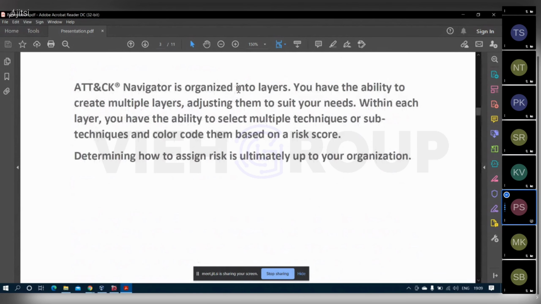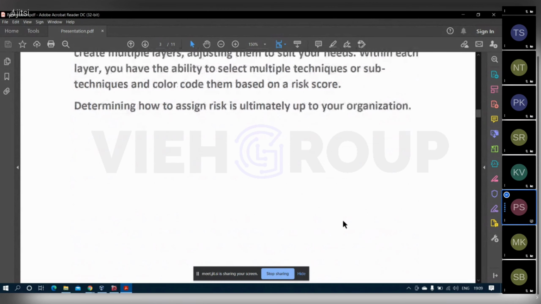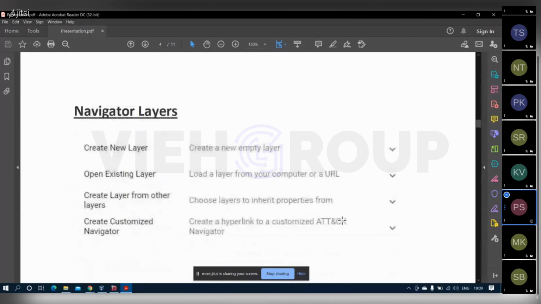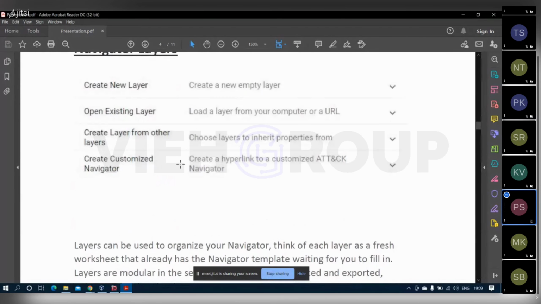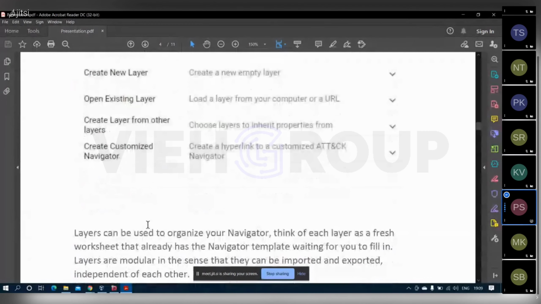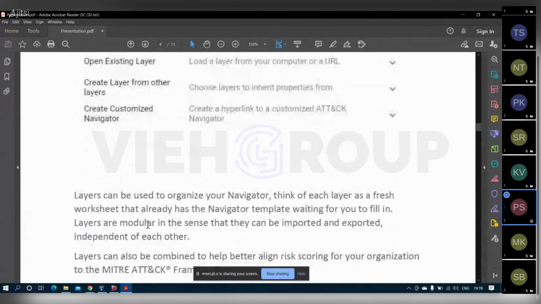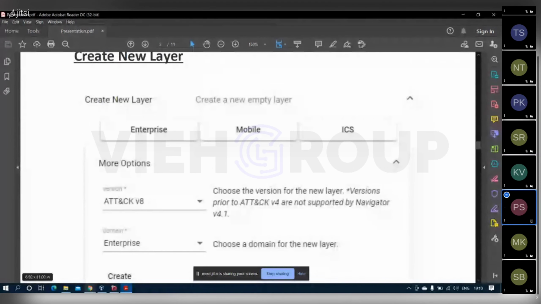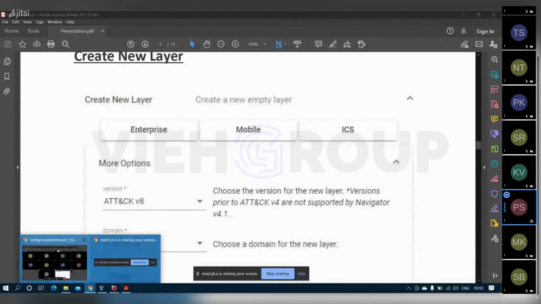And ATT&CK Navigator is organized into layers. My teammate also shared this information with you earlier, so I'll directly move to the practical, as I told you that one of my teammates already shared this information. So we'll go to